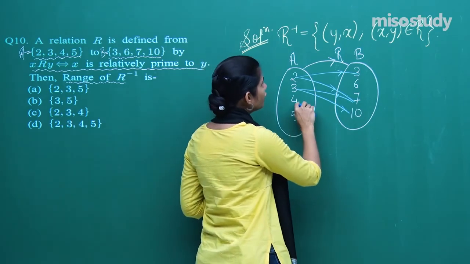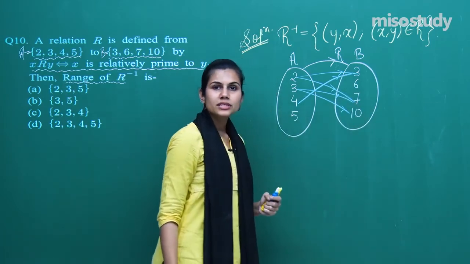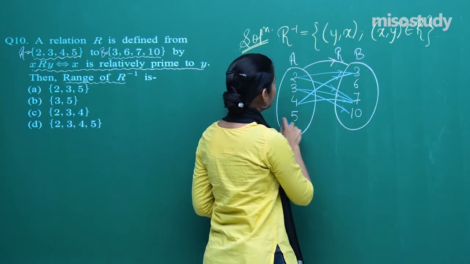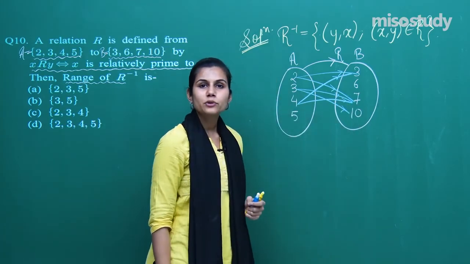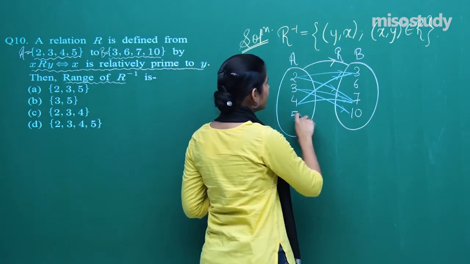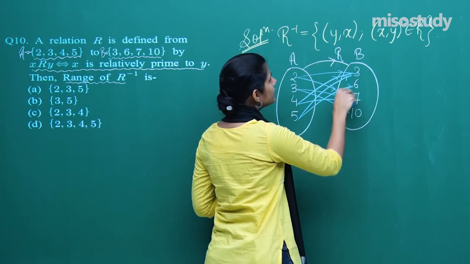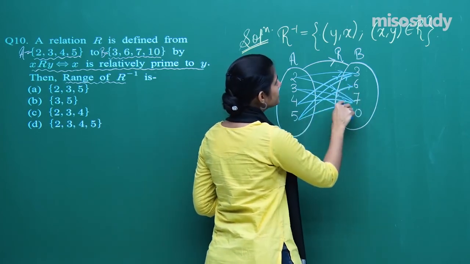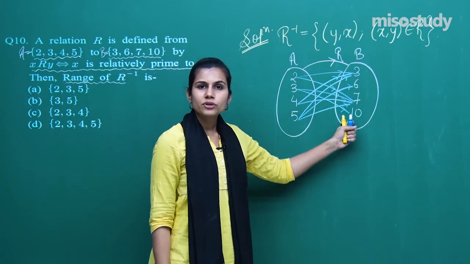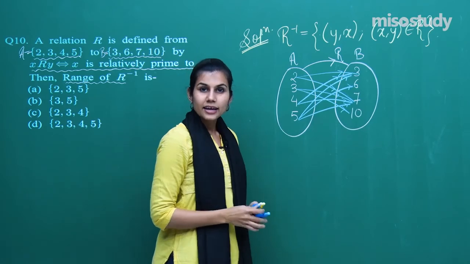Starting with 4, 4 is relatively prime to 3. 4 is not relatively prime to 6 because 2 is a common factor. 4 is relatively prime to 7 and 4 is not relatively prime to 10 because again 2 is a common factor. Starting with 5, 5 is relatively prime to 3. 5 is also relatively prime to 6 and 5 is relatively prime to 7. But 5 is not relatively prime to 10 because 5 is a common factor in 5 and 10,